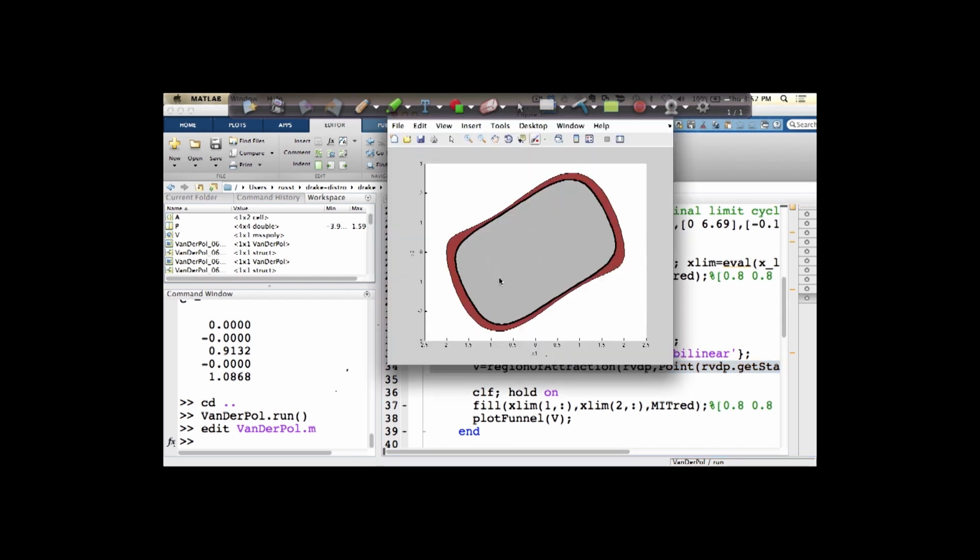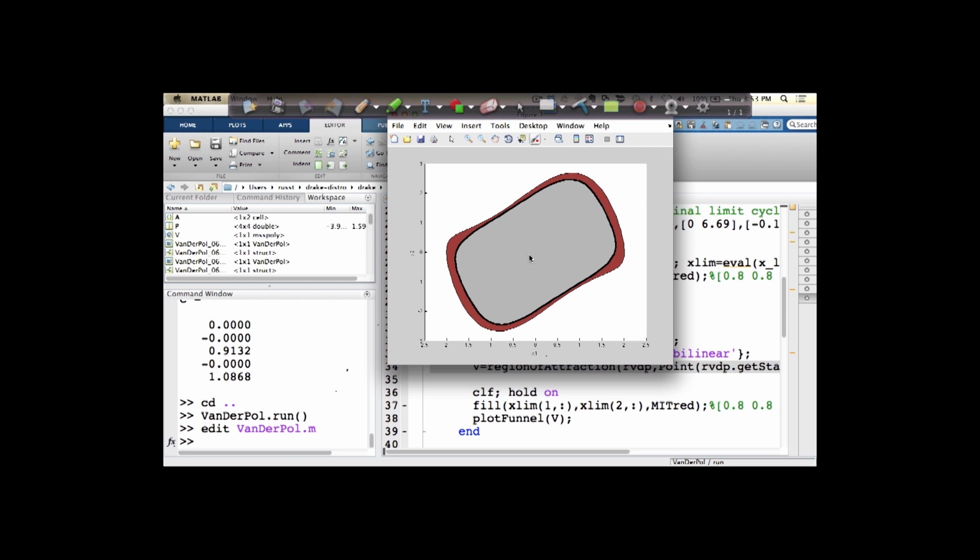Okay, so the van der Pol oscillator is this cool system. This is actually the time-reversed van der Pol oscillator. It happens to be a well-studied system that has this stable periodic behavior in the phase. This is Q and Q dot, okay? All that matters for our purposes is that it's a polynomial system, which is good, and it has a known region of attraction. If I time reverse it, then this region here, from numerical simulation, I know is the true region of attraction to the fixed point. I run my region of attraction sums of squares algorithm, and what I get is something